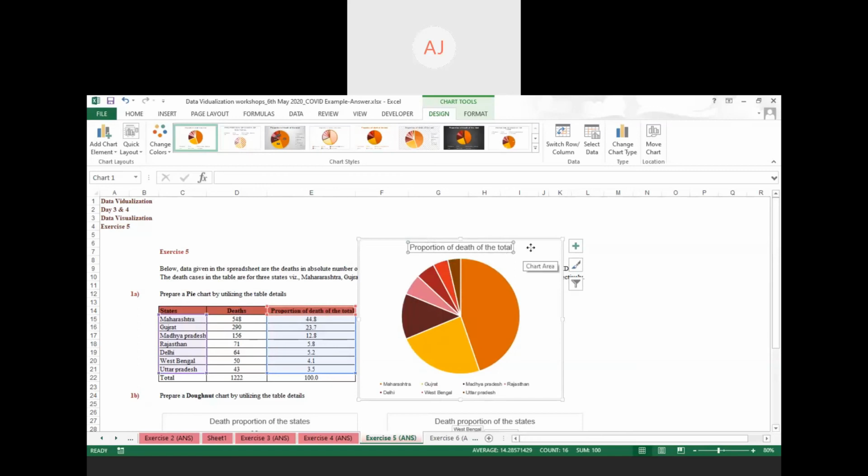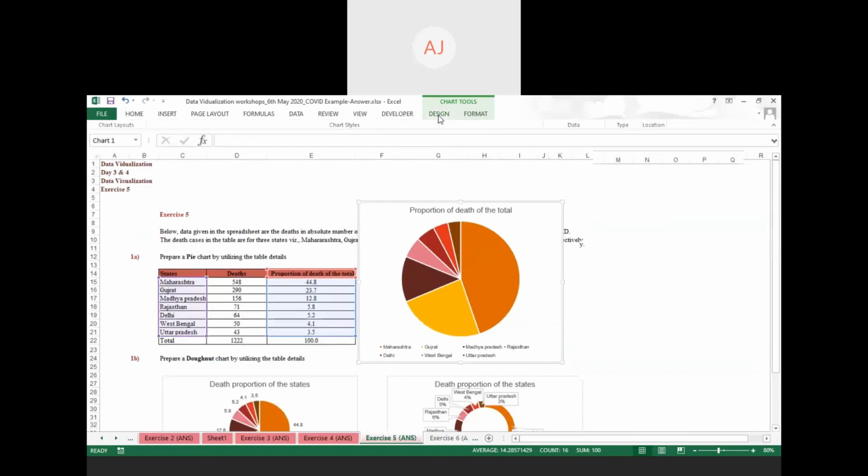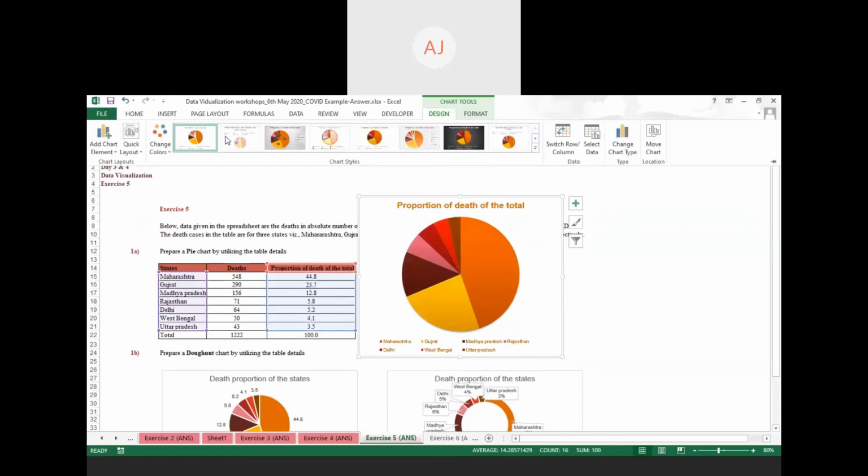You have to complete this pie chart by adding the chart elements. Simply click on the right side, or if you have the earlier version of MS Office, go to the design option. Go to the chart element, data labels.